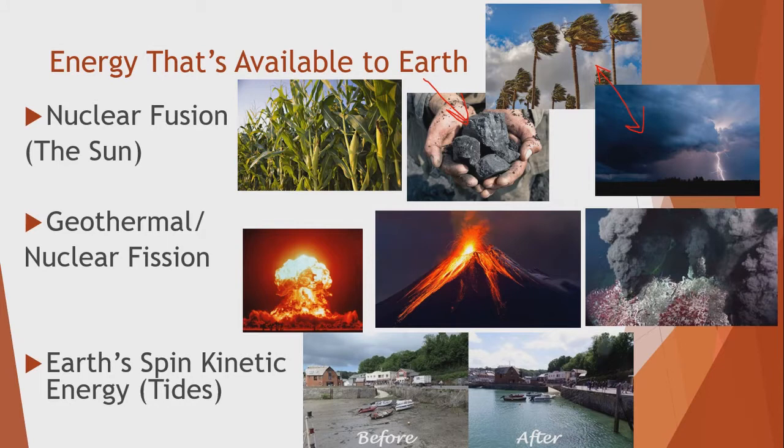And the same goes with rain and thunderstorms and all that stuff. Those are driven by evaporation. The reason the oceans are evaporating is because sunlight is hitting them and heating them up. So all of these things up on the top are driven by the sun. Pretty much most things that you see happening on Earth are driven by the sun. Pretty much all energy on Earth comes from the sun, with the exception of geothermal or nuclear fission-based energy.